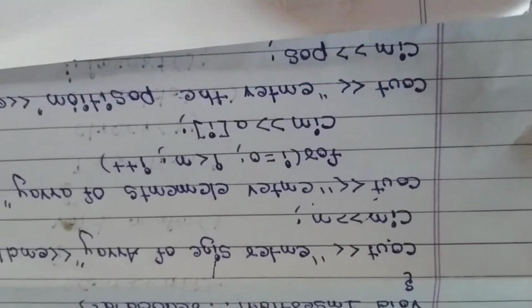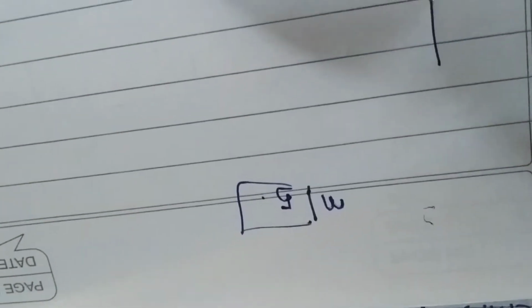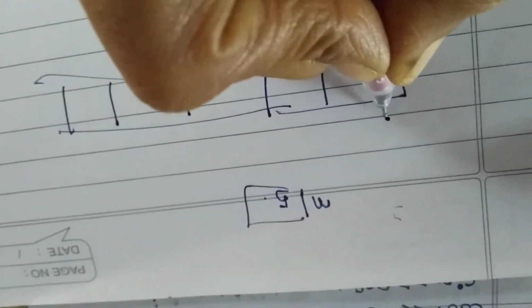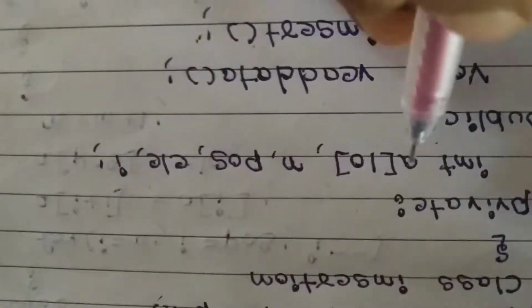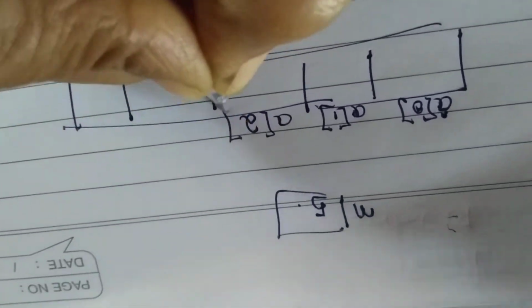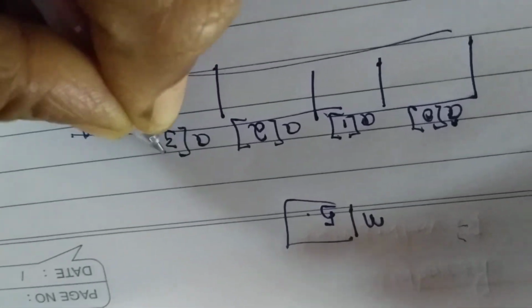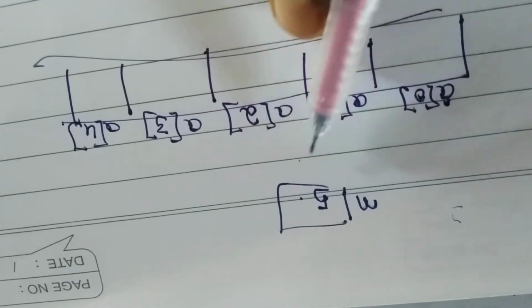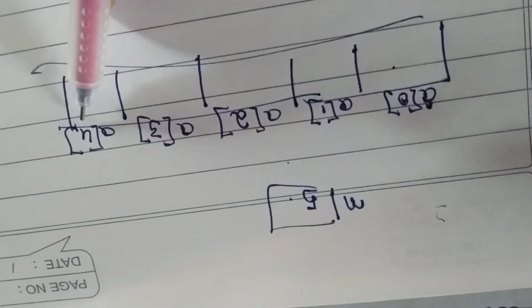For example, I told 5 elements are there in the array. What are those 5 elements we are asking? So, 0. What array name did we give here? A of 10. So now A of 0, A of 1. Very easy, students. There are 5 locations, no, 0 to n minus 1. It comes to 4 locations.